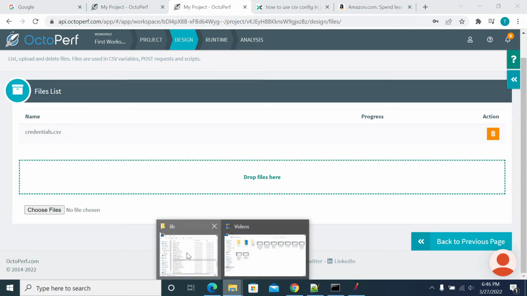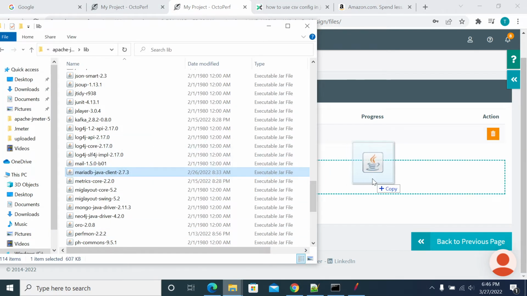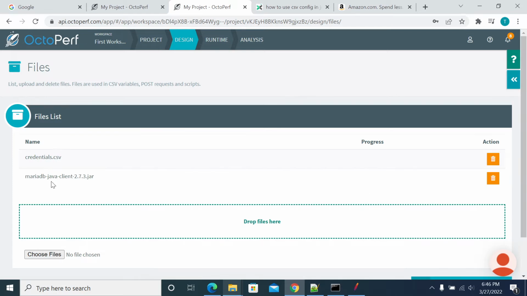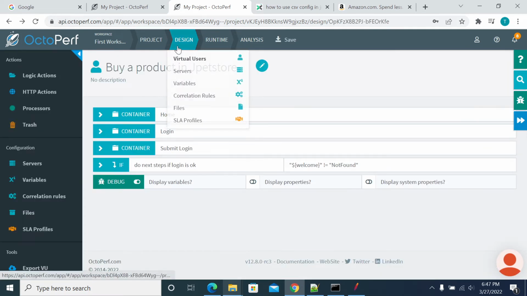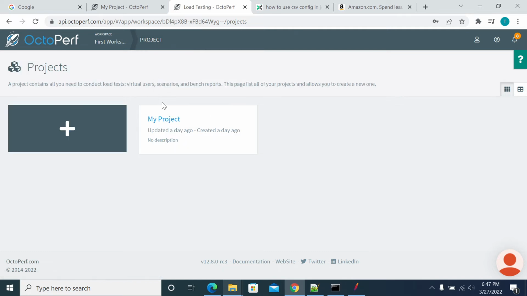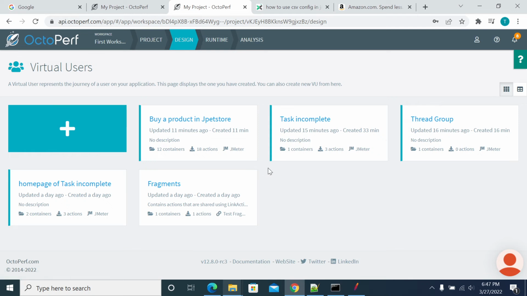just go to the bin folder. In the bin folder, select the respective jar file which you need and upload it. So this dependency is uploaded into your OctoPerf. This jar can be used by all the scripts in the project you have logged in. I'm going back to the page now. We are in the project called my project. The scripts in this project can access the jar file. The same jar can be used by all the scripts in the same project, and